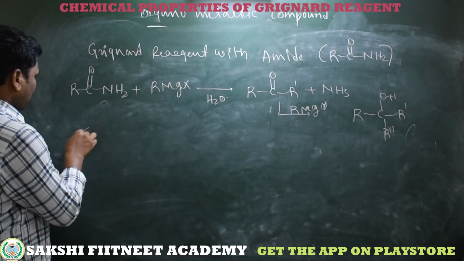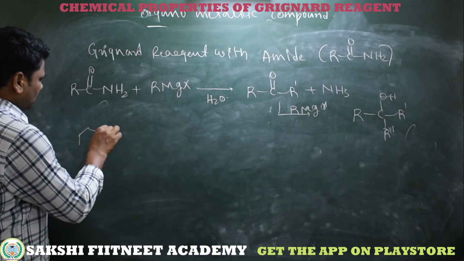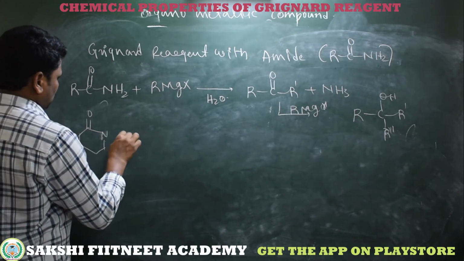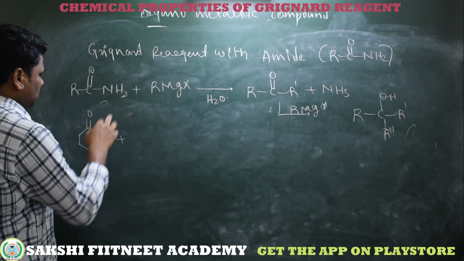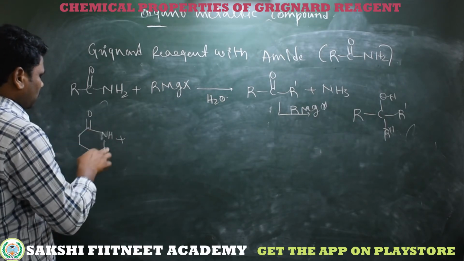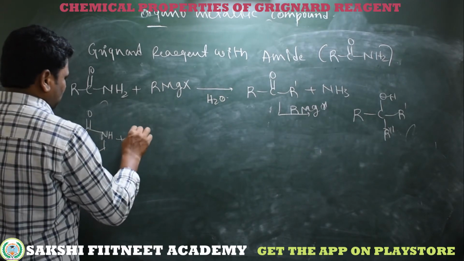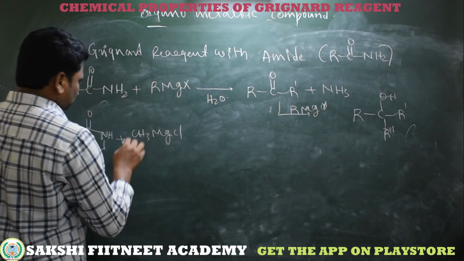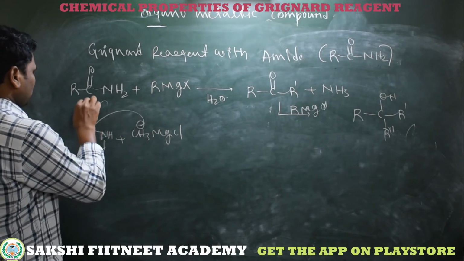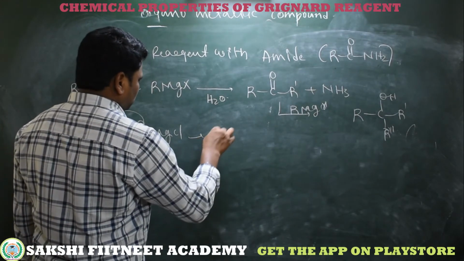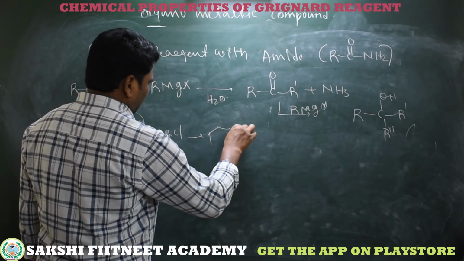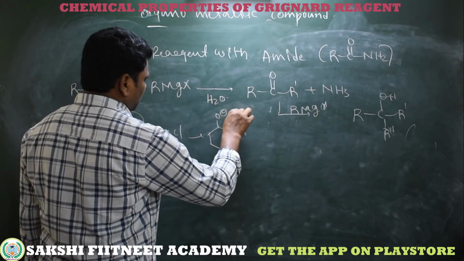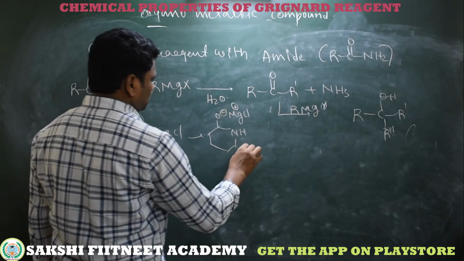Simply here I am taking a cyclic amide. So instead of NH2, here we have another alkyl group which is bonded to this carbon, a cyclic amide. It is methyl Grignard reagent. So CH3 minus bonds to the carbon and the pi electrons shift to oxygen. So same here, we have an NH and the other bonded to the O minus MgCl plus. So this is on hydrolysis.